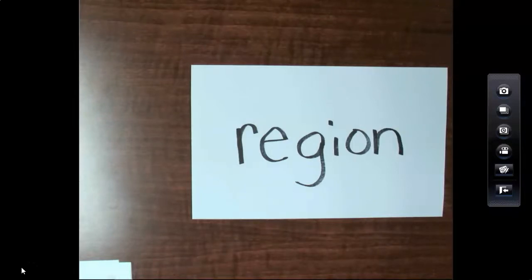Everyone say region. Now, region is an area with at least one feature that makes it different from other areas. So, you may live in the Bath region or the Allen County area, and that's one region. Well, that Allen County area and Bath region would be different from, say, living in Cincinnati.